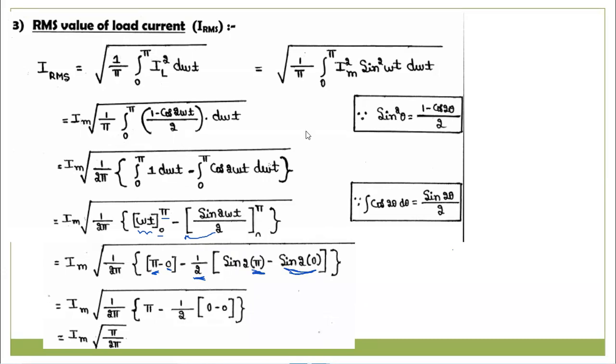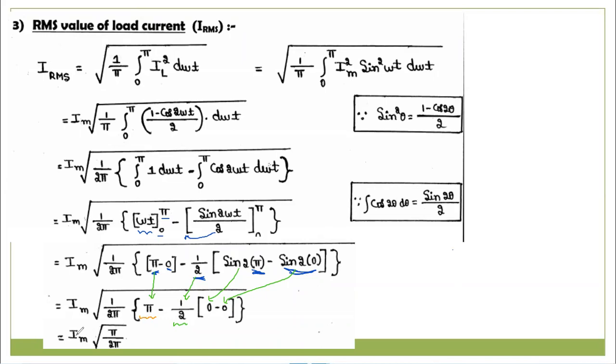So this is the mathematical expression. If I replace, what we'll get here is pi only. We will neglect that 0, so we are left with pi in this term, and 1 by 2 remains. Next, you can observe the value of sin 2 pi is 0, and similarly, sin 0 value is 0. Now, 1 by 2 multiplied by 0 means I will get 0. So that's why I am left with the expression pi.